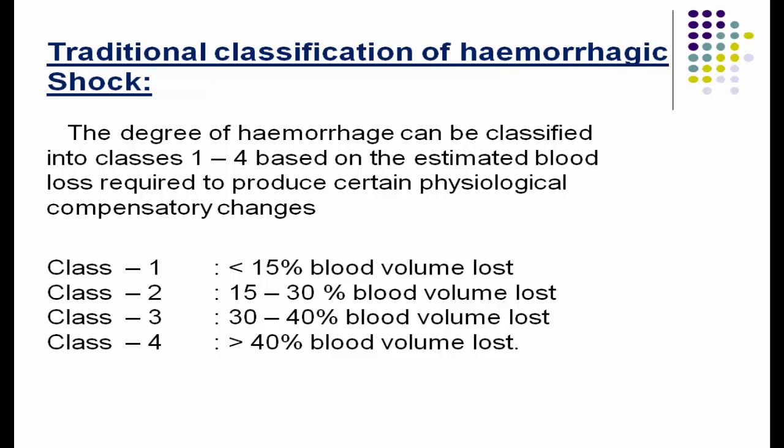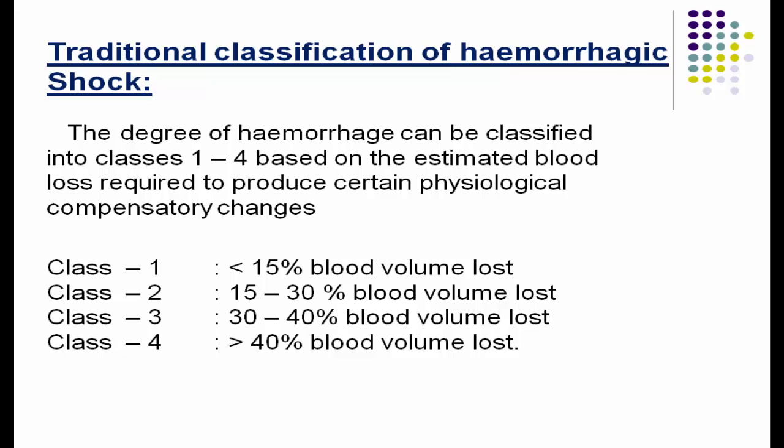Now, the traditional classification of hemorrhagic shock. The degree of hemorrhage can be classified into classes 1 to 4 based on the estimated blood loss required to produce certain physiological compensatory changes. Class 1,